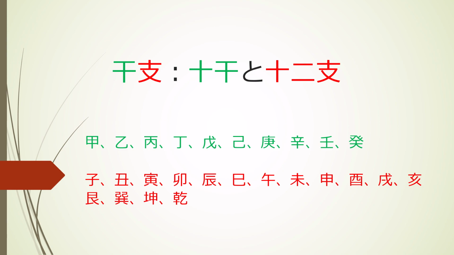The Eto is the Chinese-Japanese calendar that names the years. So we all know the year of the snake, the year of the boar, whatever. And it's made up of two systems. The Jikkan, the 10 kan, is one system, and the Junishi is the other system. Together, the Jikkan and Junishi form